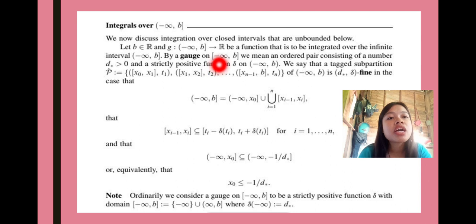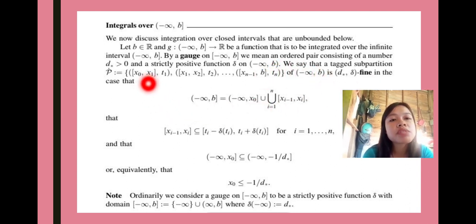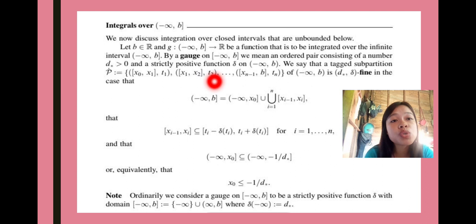By a gauge on (-∞, b], we mean an ordered pair consisting of a number d greater than 0 and a strictly positive function delta on the interval (-∞, b]. We say that a tagged partition x_0, x_1, t_1, x_1, x_2, t_2, ..., x_{n-1}, b, t_n of (-∞, b] is delta-fine